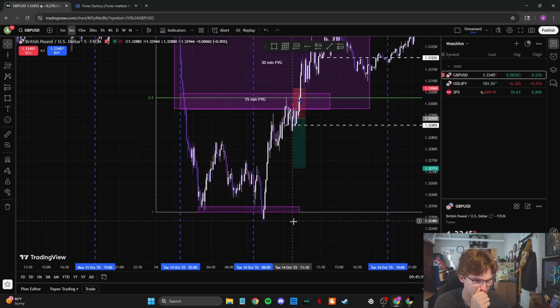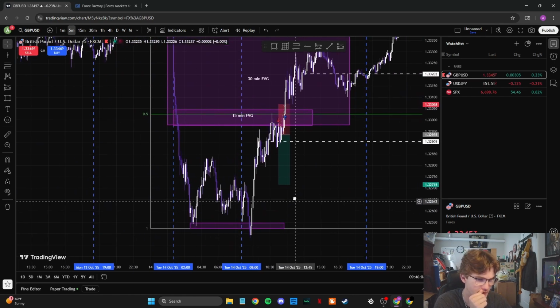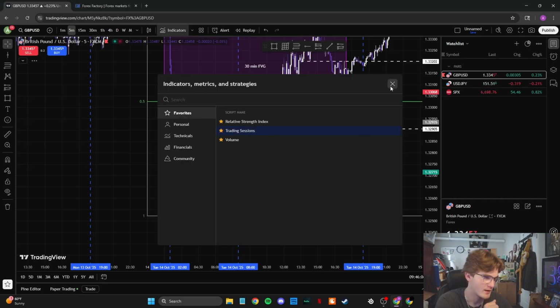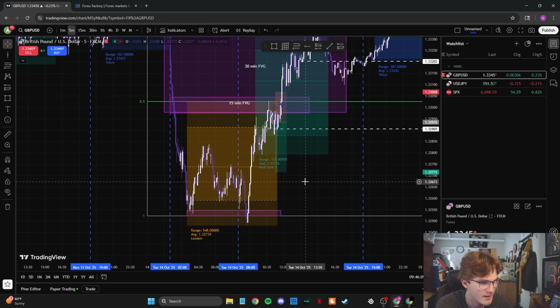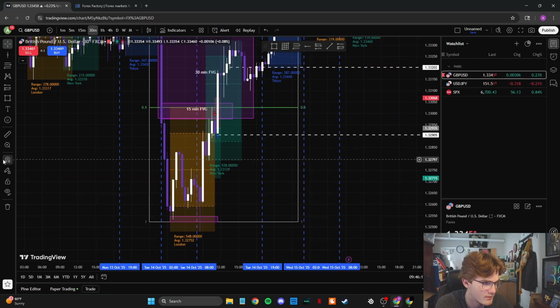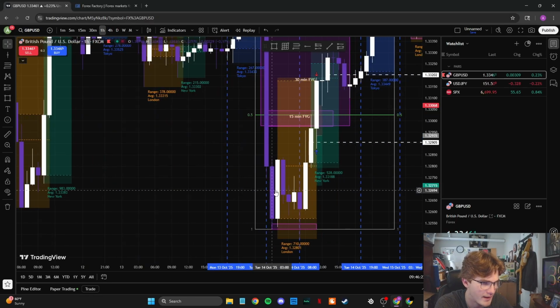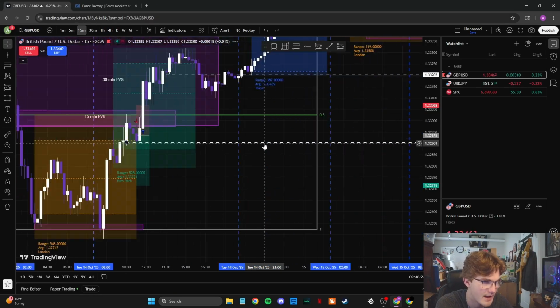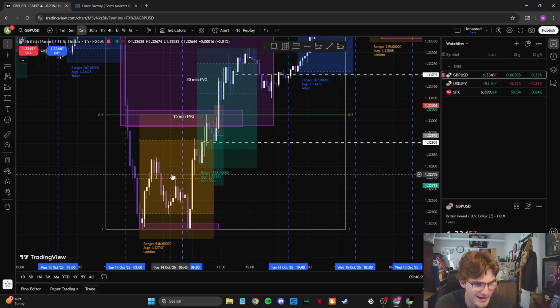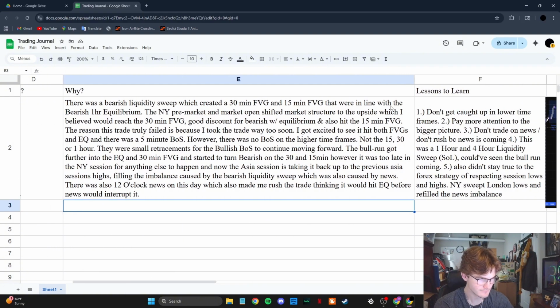I mean, it got out, but that was a liquidity sweep from way over here. These were also London lows. So if we're thinking about the trading sessions' behavior, this was a London low that New York pre-market got into, which then reacted off this break of structure on the 30-minute, which broke structure here on the 30-minute. It broke structure on the 1 hour right here. There was a lot of higher time frame stuff going on that I just did not pay attention to. So when it comes to journaling the trade, which I hope this looks a lot better than it does on there.